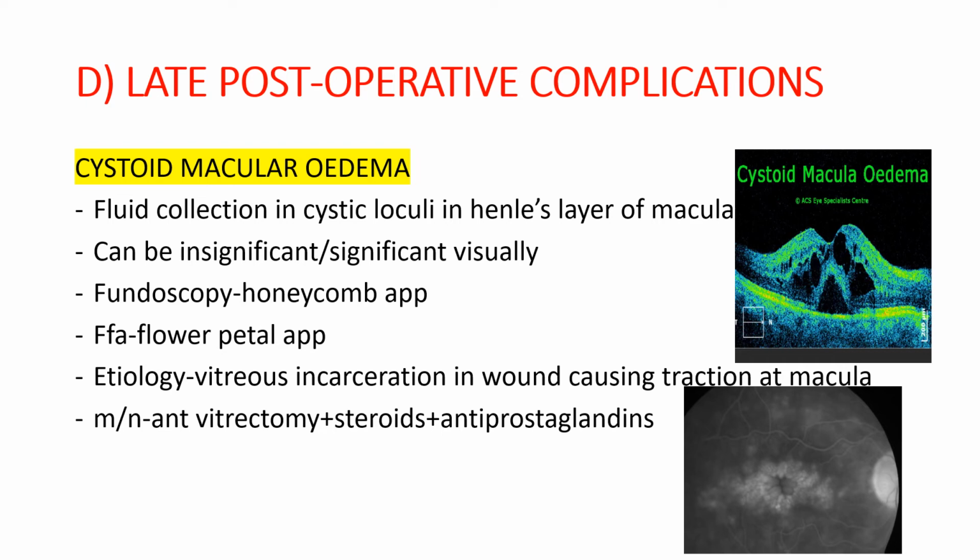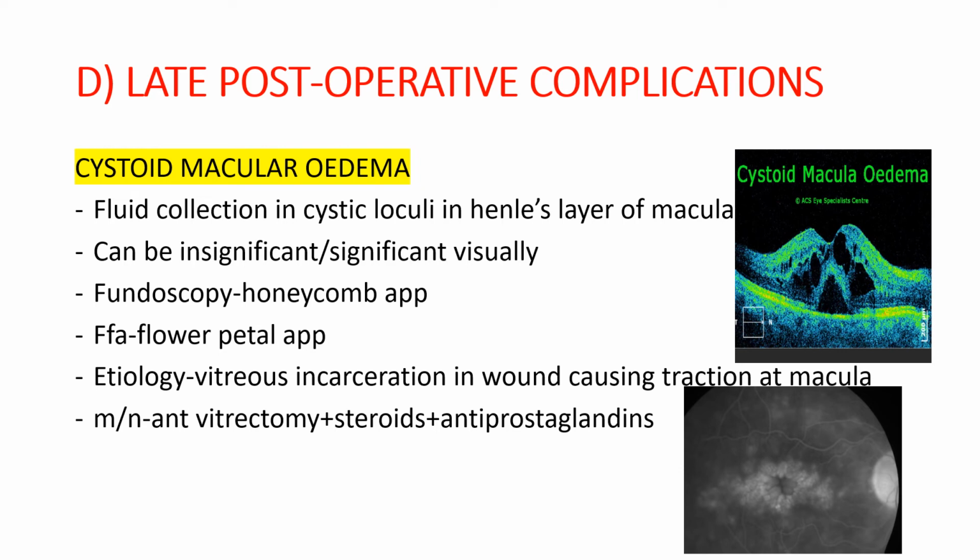So the dye has gone inside the loculi, and this is giving us a petal-like appearance. So this is a cystoid macular edema. The diagnosis gets confirmed. If you see the first picture, which is OCT, it's a cross section at the fovea, at the macula. You see some loculi here. See, there are multiple loculi here. These loculi are filled with the fluid. So this again confirms the finding that it is a case of cystoid macular edema.